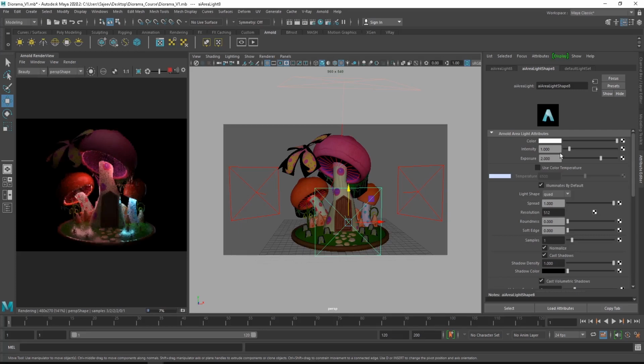So this time we can start increasing the exposure from 2 to 3, and if that doesn't have a proper effect you can jump it to 4. Maybe I'll keep it at 5. That way we will have much more proper visibility. And now we can see each of these models has really high reflectivity. So now we can start reducing the reflective value, and everything will be properly arranged and much more visible. For now we'll keep the reflectivity for the top of the mushrooms